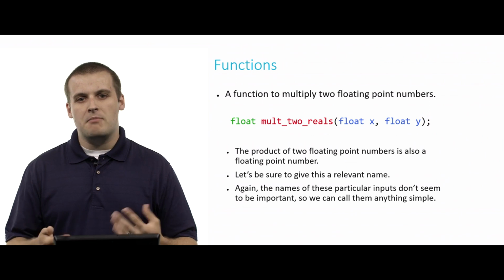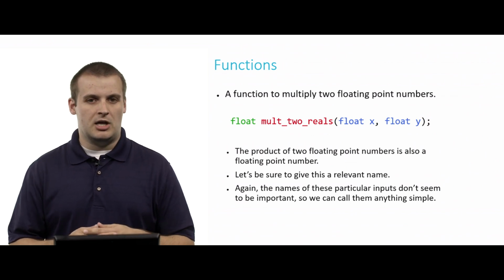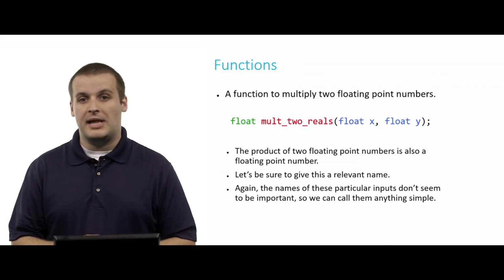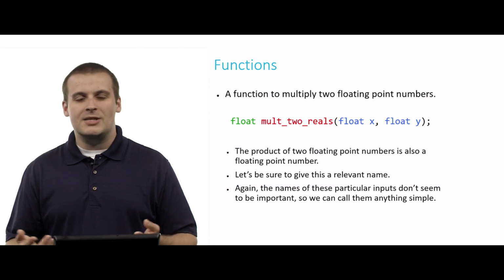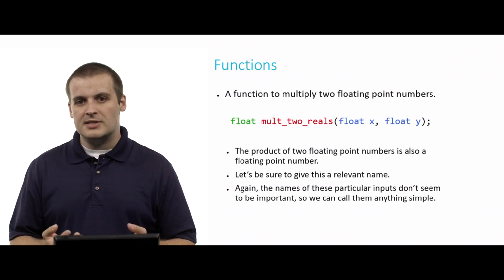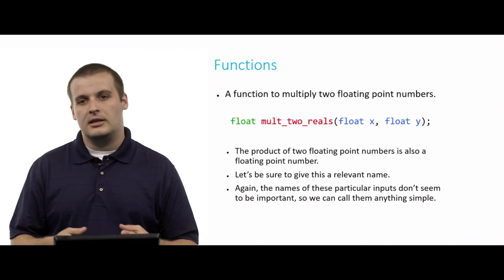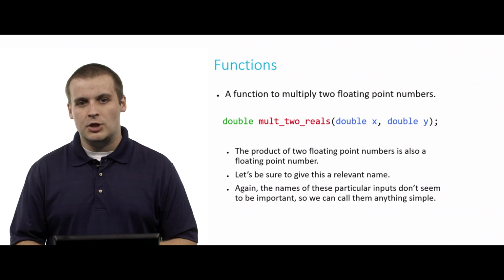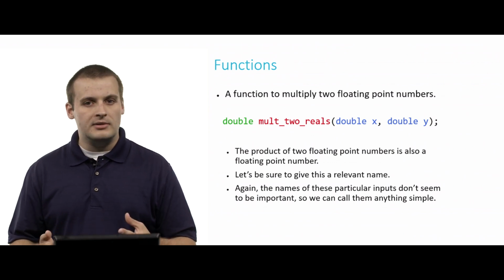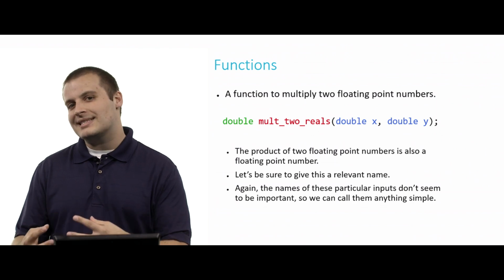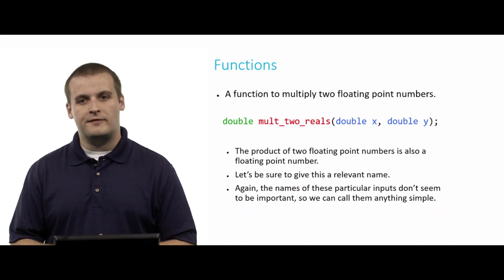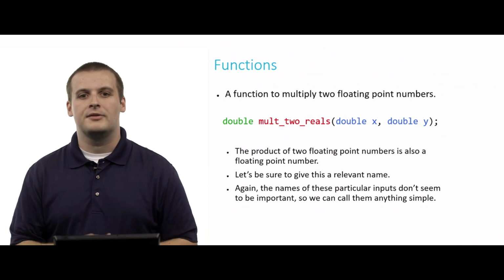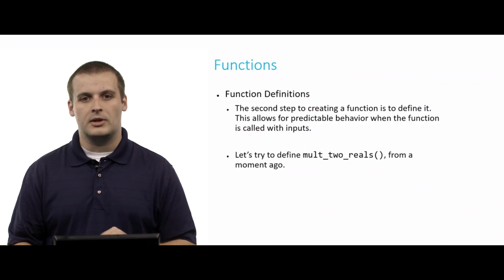We want to give it a relevant name. Multiply 2 reals seems fine, but you could really call it mult2floats or multfloats, anything like that, as long as it gave some actual meaning to what this black box was going to do. And again, in this case, we don't seem to have any meaning attached to the names of the variables we're passing in, so we can just call them x and y. Now, if you call them something else, that's totally fine. And in fact, if you did this declaration instead using doubles instead of floats, if you recall that doubles are a different way to more precisely specify real numbers or floating point variables, that's totally fine too. Either one of those would be fine. In fact, there are several different combinations of ways to declare this function, but these are two pretty good ones.